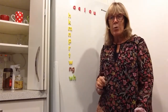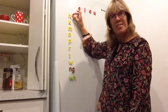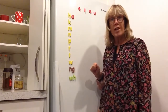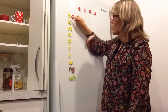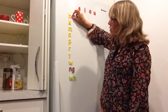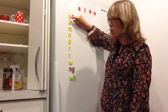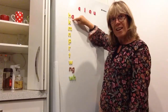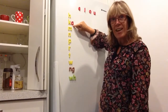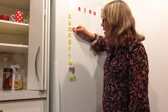So today we're going to look at the pronunciation of the letter A, which is the sound ah, unless there's a macron, in which case it would be aah. So when we put it as a little syllable here with the H in front, which is one of the consonants in Te Reo Māori, it's ha. This one is ka. Then we have ma,